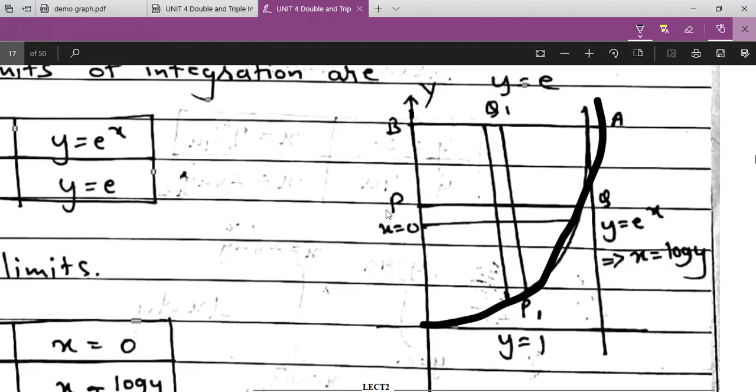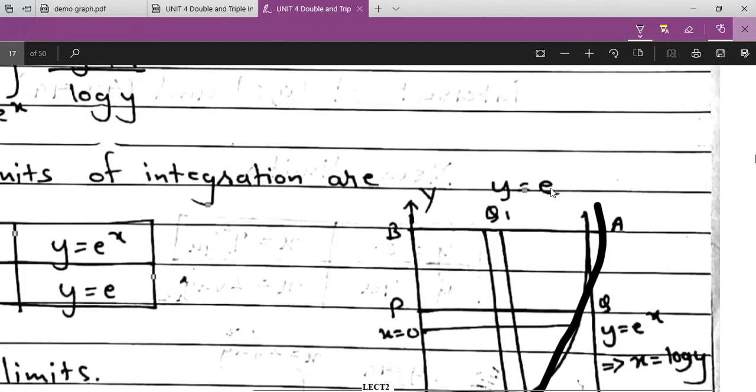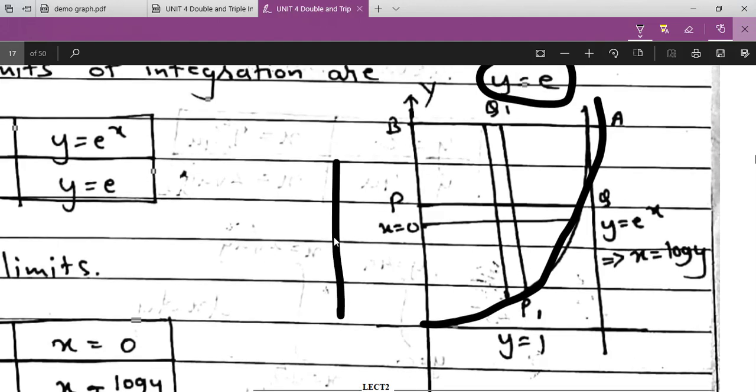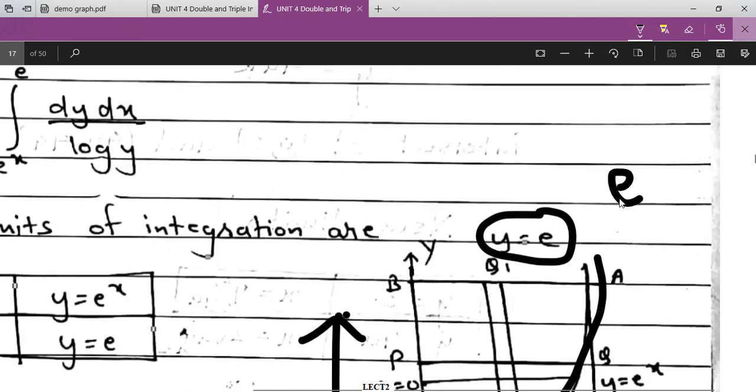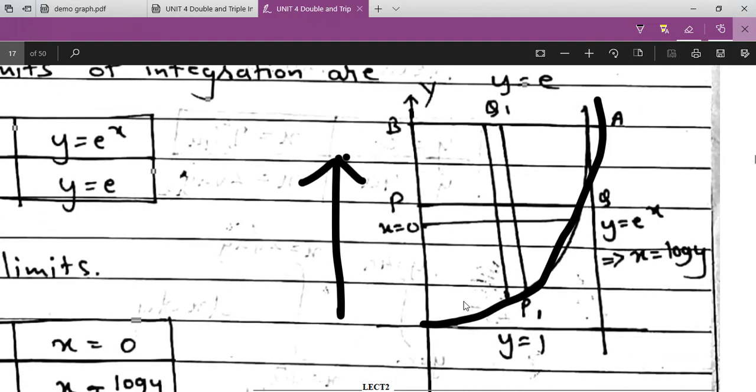Exponential function, right? And y is equal to e, so it will be at some distance, right? So y is at a distance of 2, 3, so vertically, right? And the value of e, always you know that it lies between 2 and 3, right? So this is the given, yeah, y is equal to e raised to x and y is equal to e. Now,